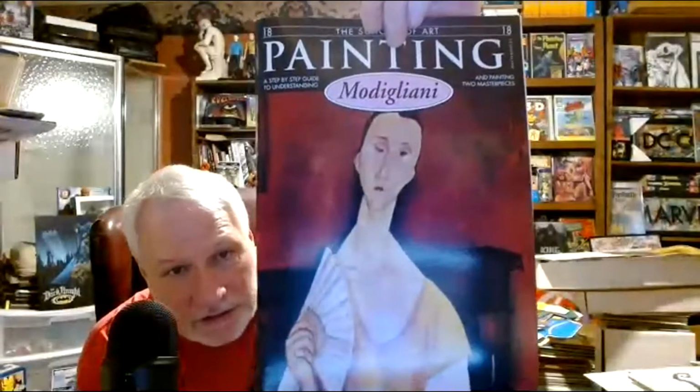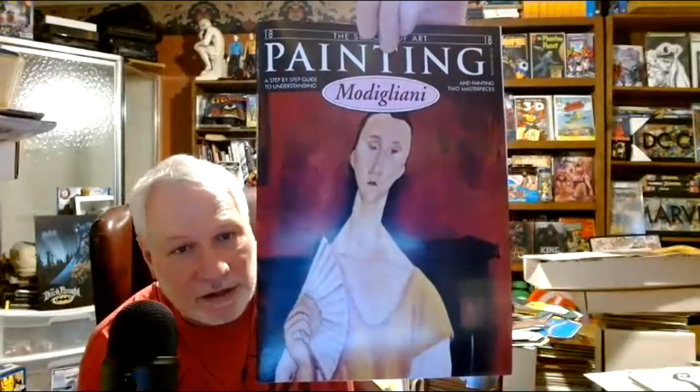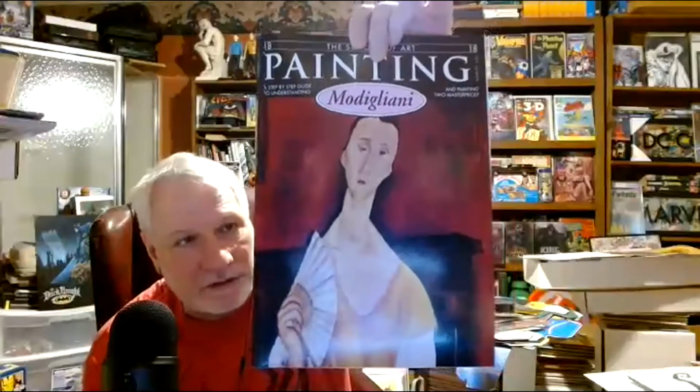The woman's here on the cover, from Modigliani. He died at age 36 of tuberculosis. It dealt with an oil painting. Here's some of the other art series. I may have this Van Gogh one. And I think I had this one here, I'm getting ready to show you. It also has a Modigliani